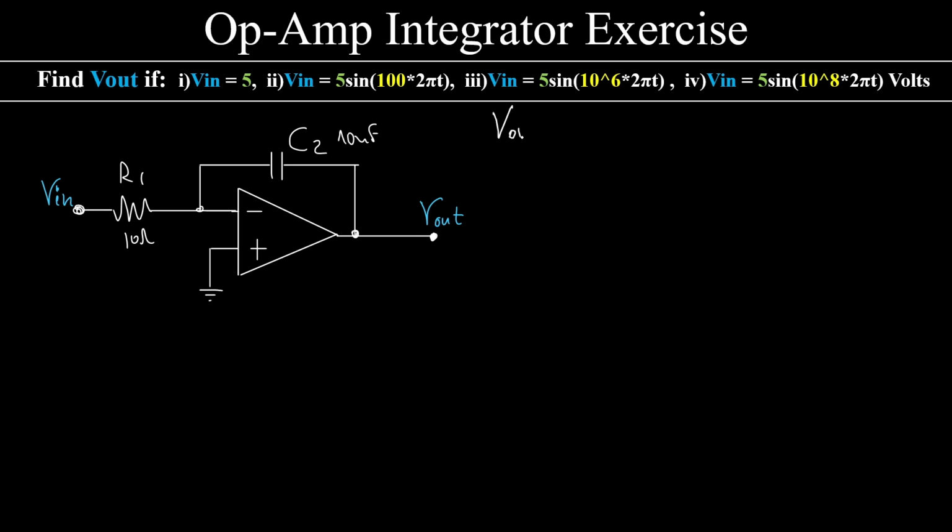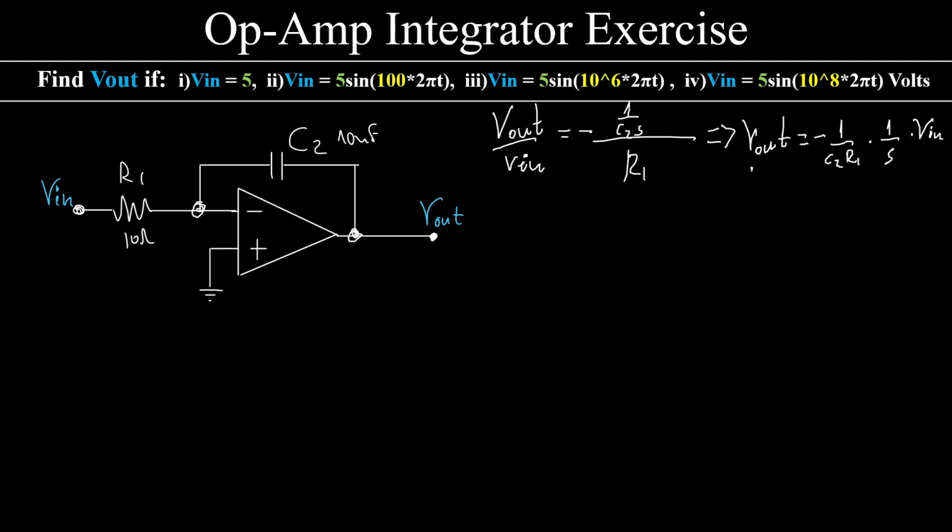Step number 1 is to find the transfer function of this configuration, V out over V in. This will be equal to minus the impedance between this point and this point, which will be 1 over C2S, over the impedance between this point and this point, which will be R1. Now, if I write things like this,